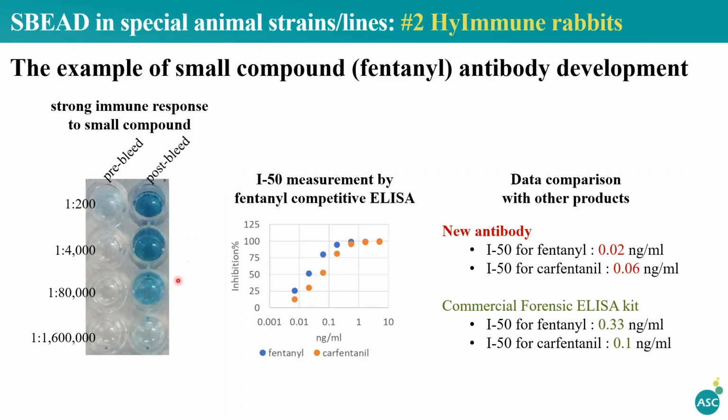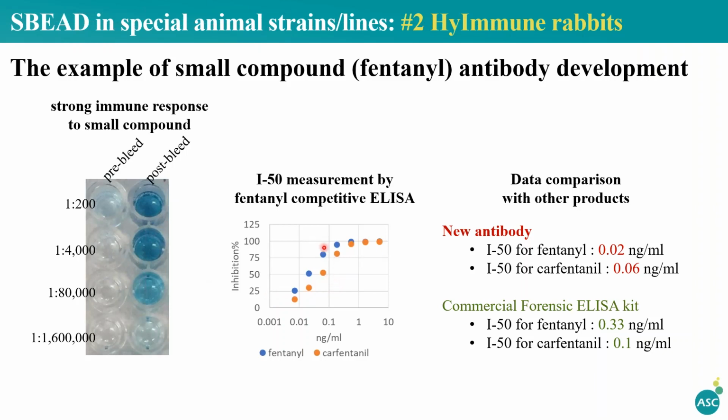In an example shown here, the HiImmune rabbits were immunized with a small molecule compound, fentanyl, which has a molecular weight of about 300. The result showed that the immunization generated a strong immune response in the HiImmune rabbits. When the B cells were isolated and SBEAD was used to develop antibodies, an antibody was discovered that